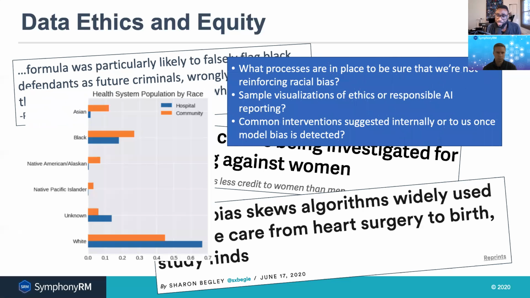I believe that everybody on this call, I hope, is extremely well-meaning and wants to do the right thing, but we're not equipped to do the right thing if we're not asking the right questions. So we want to get away from pushing this issue under the rug and really start holding companies and technology accountable, asking these questions and making sure they're not embedding the bias that we all want to get rid of back into the system.